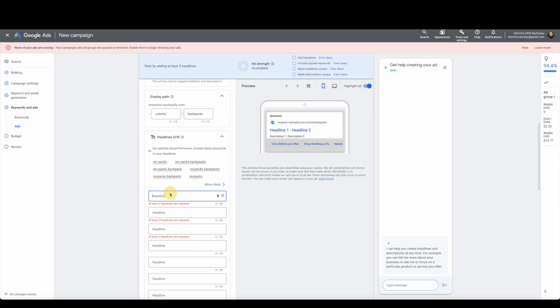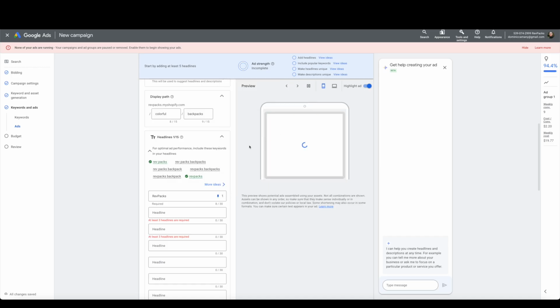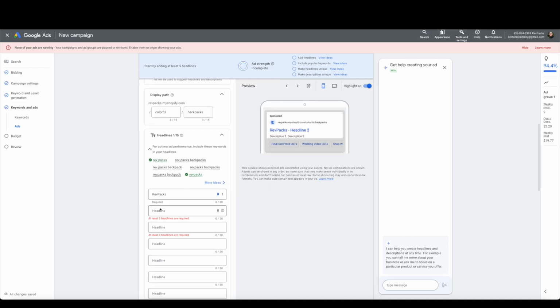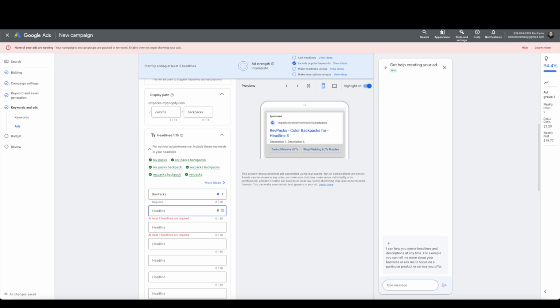Now, as we scroll down, we're going to start with the brand name. So Rev Packs. We're going to pin this to position 1. So for the second line, best practice is to put exactly what you sell, and if possible, who you sell it to. So we're going to start off by putting colorful